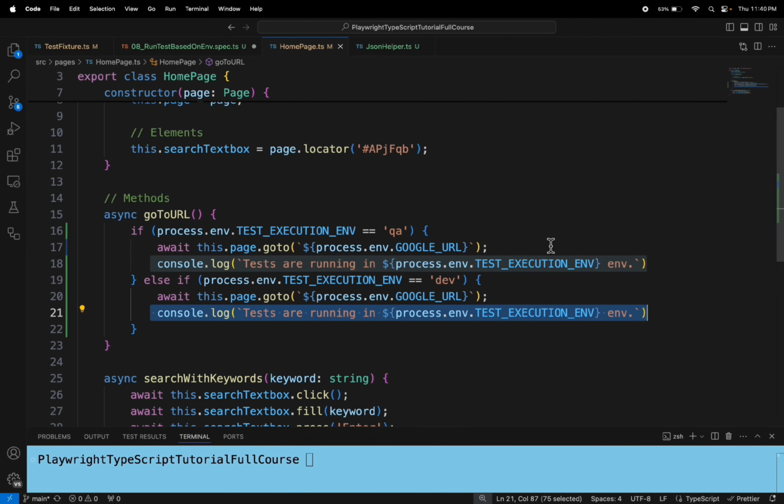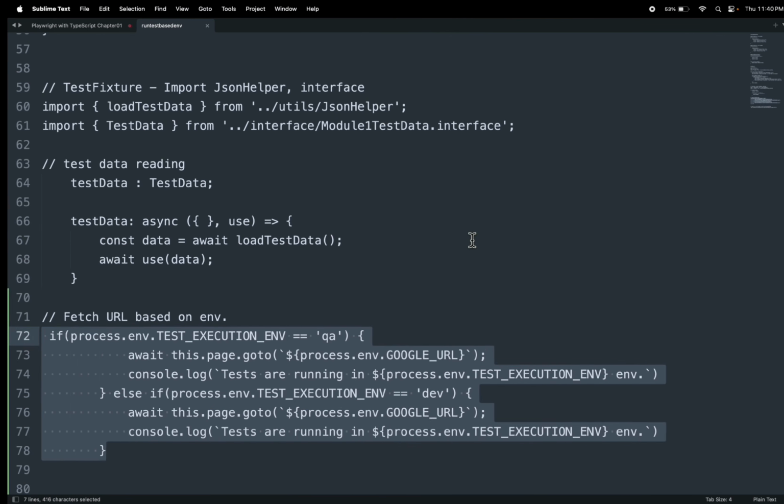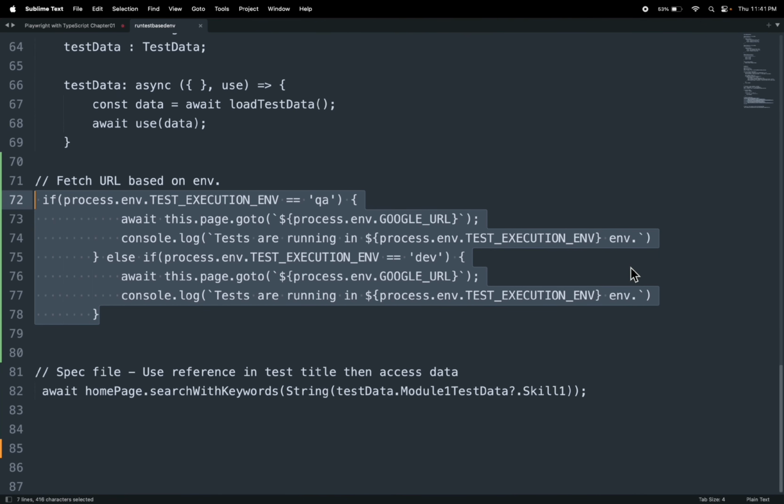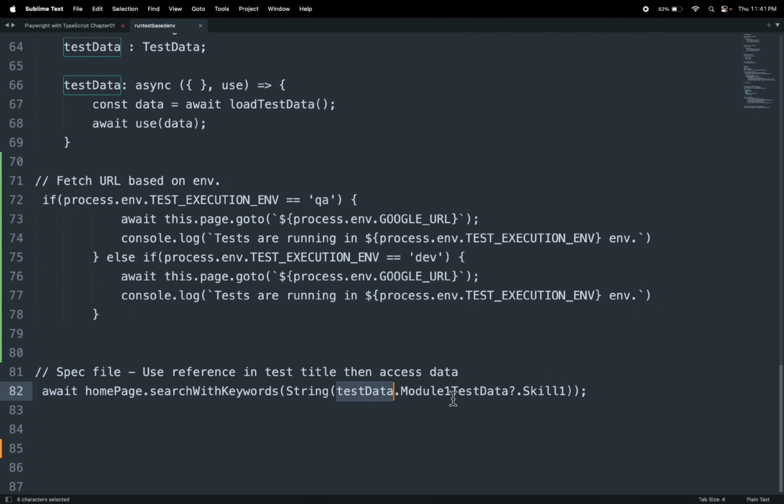So in my case, I am not passing the different URLs. Now let's go to our next step. So here you need to specify the test data dot, and you need to specify the object name, and you need to specify the key name to get the particular skill in your test. So let's copy this,